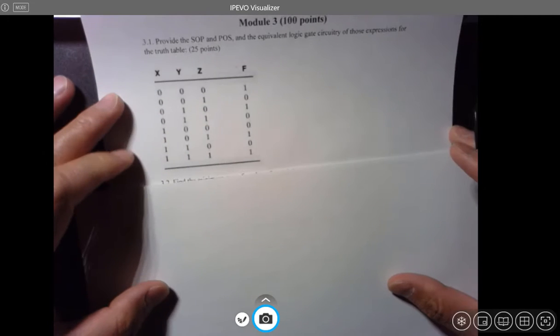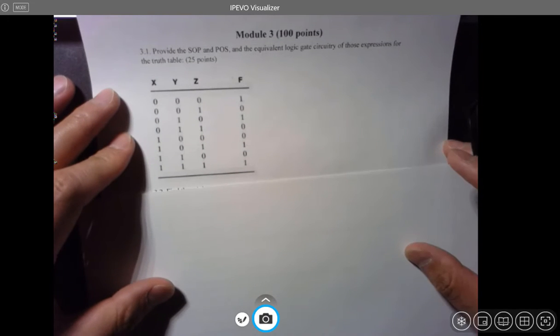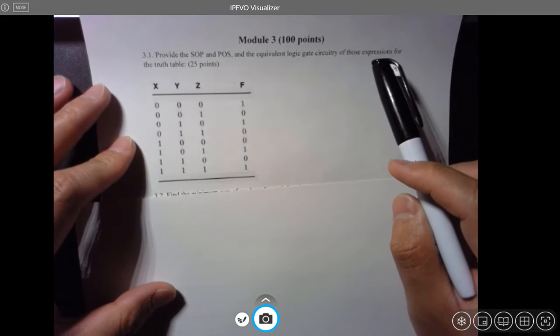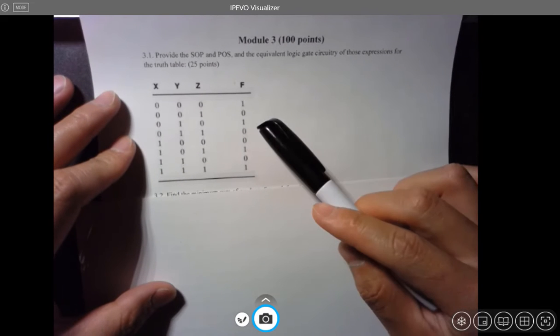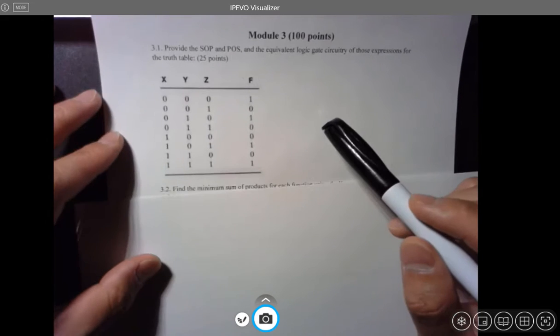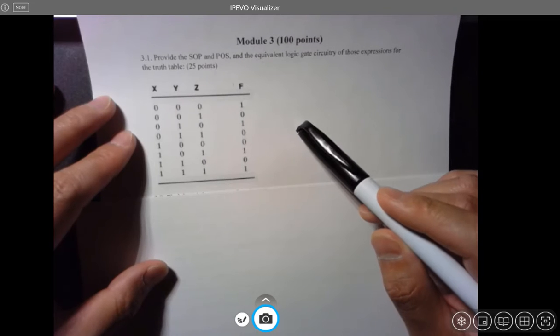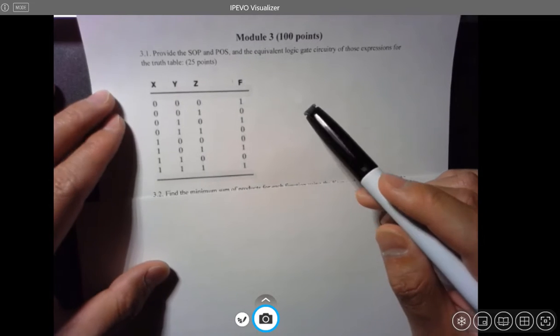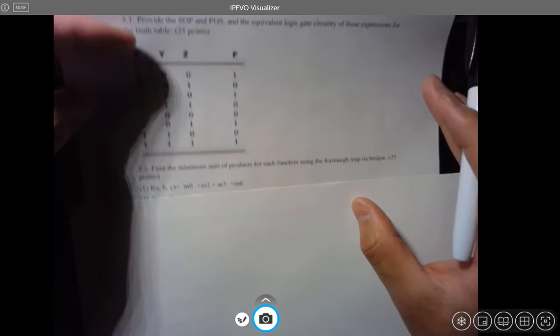Provide the SOP and POS and the equivalent logic gate circuit of the expressions for the truth table. I actually didn't see anyone do it wrong, so everybody got it right. I don't want to waste the time on that. But second one,